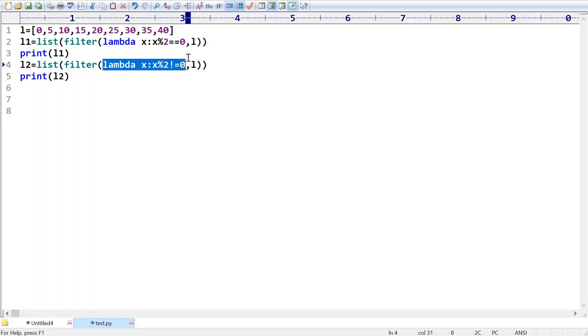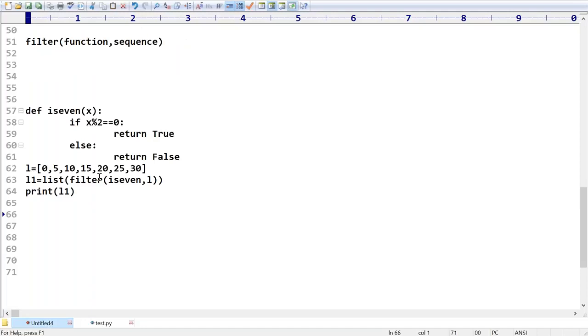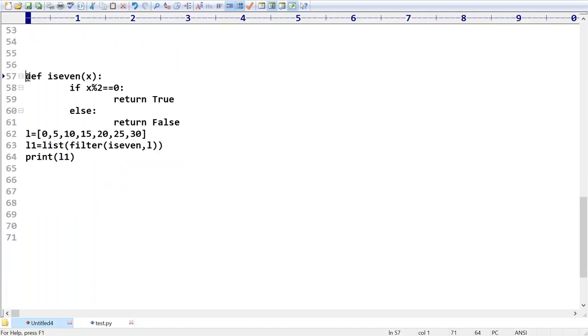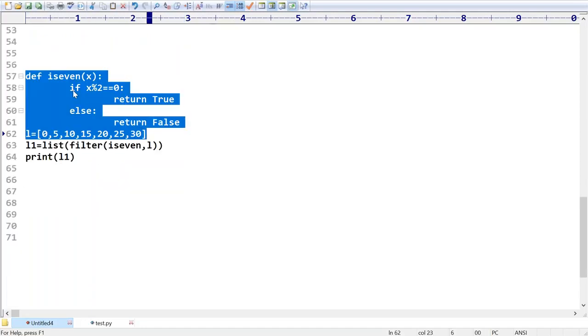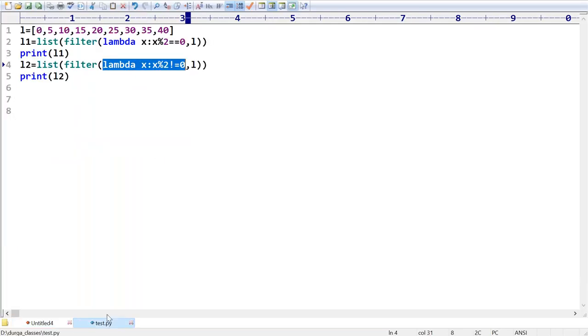Now, without lambda expression, with lambda expression, how can you use it? Next, can you please observe? Same concept only. If you want to check even number, separate function. If you want to check odd number, separate function. Unnecessary length of the code is going to increase like anything. Instead of that, happily we can go for lambda expressions. From this discussion, you should be aware how to write a lambda expression and what is the filter method.